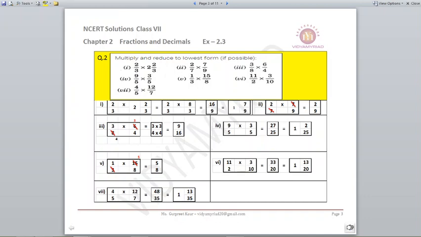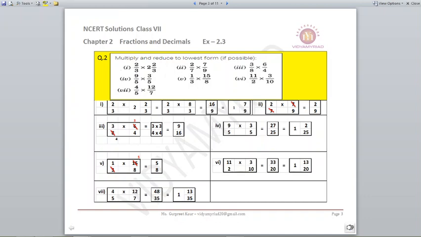Second part, 2 by 7 into 7 by 9. 7 in the numerator, 7 in the denominator, it can get cut. So your answer simply is 2 upon 9. Third part, 3 upon 8 multiplied by 6 upon 4. Now 6, 4 and 8, they both are divisible. So you can cancel only one. So I have used 6 and 8 and I am dividing them with 2. You will get 3 up and 4 below. So it is 3 into 3, 9, 4 into 4, 16 as your answer.